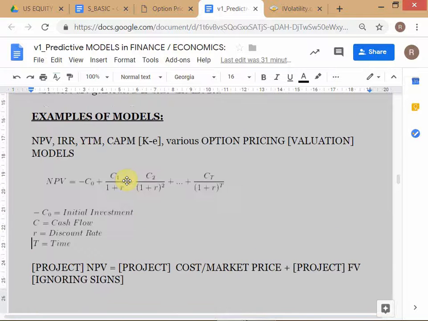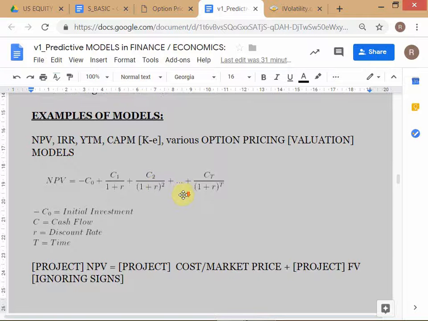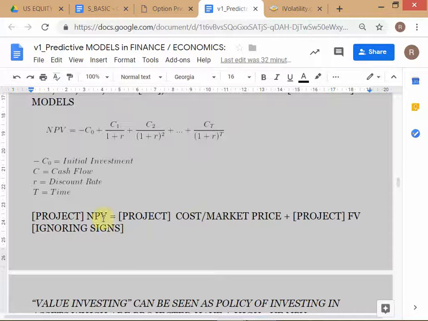Now some people may get confused because they're saying that this fair value component also has to be determined. The correct way to think about this is that even such a simple equation is a model. If you just write NPV as project fair value minus project cost, that's also a model. A model doesn't have to be overcomplicated with 20 simultaneous equations. Even this is a model because it fits the basic definition.